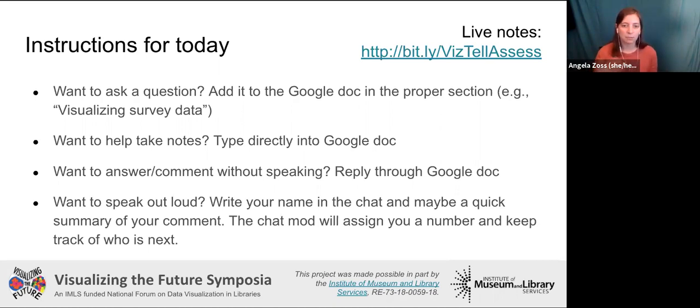And I think what we're hoping for is that we'll learn from people who have already found good resources for design. So maybe we'll start with that. Does anybody have any thoughts about design, about how they get inspiration, how they learned to design visualizations well, that they would like to share either in the Google Doc or by speaking out loud?